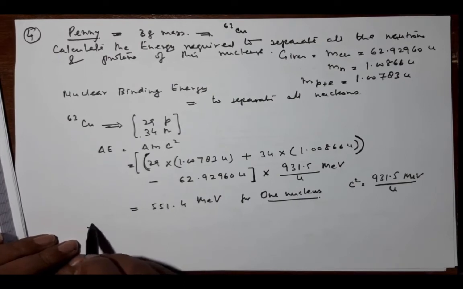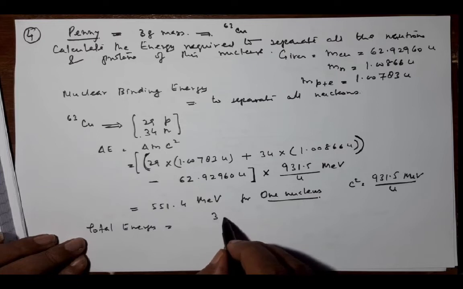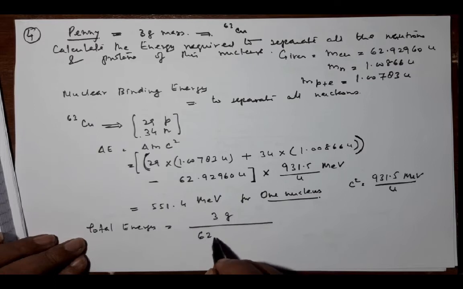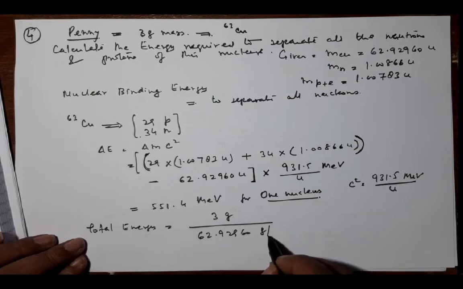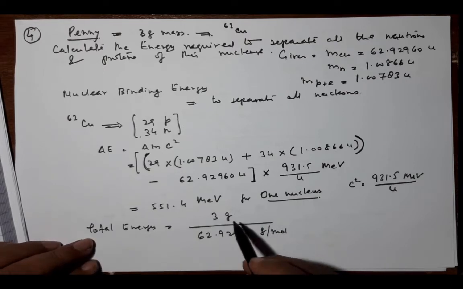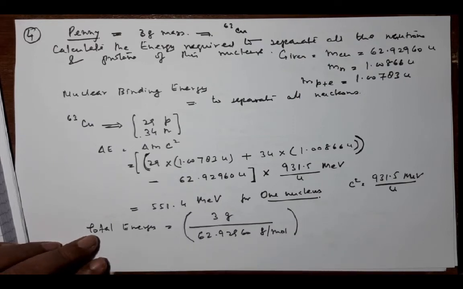So what is the total energy? It is nothing but 3 gram divided by 62.92960 gram per mole, because we know for 1 mole the copper's weight is 62.9. So how many moles will be there? This will be this. And how many moles will be there in 3 gram? Like this. Into,